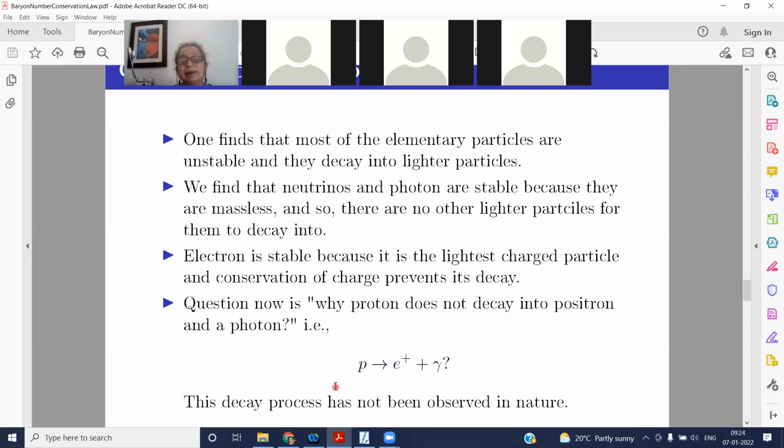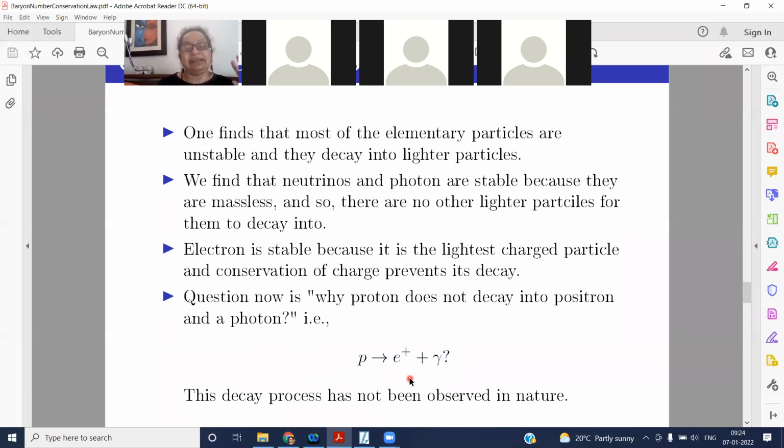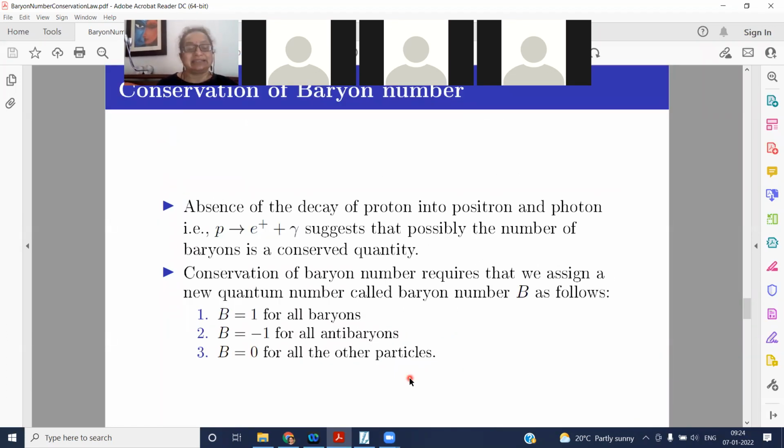But this cannot be observed in nature. So we have got used to it now that we have many processes. If they do not happen, there is a play of conservation law. Symmetry plays a role. So there should be a symmetry that prevents this. This process does not occur in nature. There is a play behind it. What is that play? Let us check it.